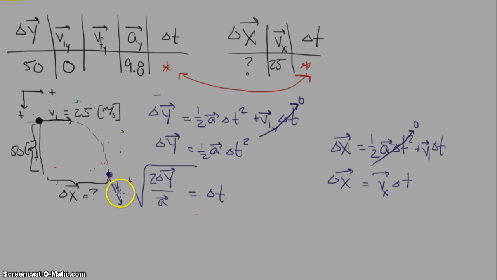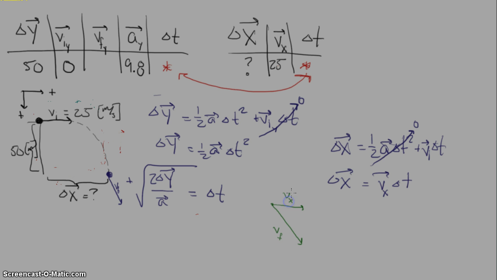And I did not specify vfx, how fast it's moving horizontally, which would just be this up here because it's constant. And I did not specify how fast it's moving vertically, which would be this right up here. I just said how fast is it moving at impact. So that problem's a little more difficult. It requires some trigonometry. This is what I'm asking for, vf,